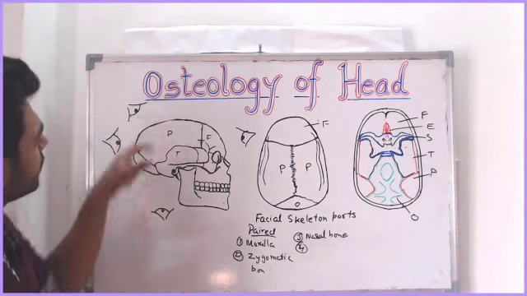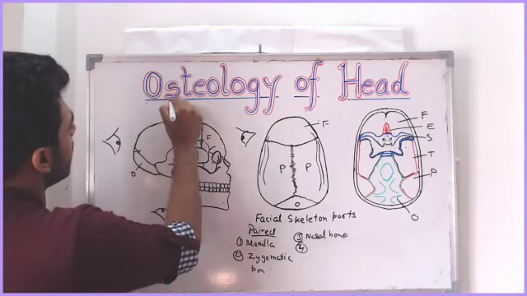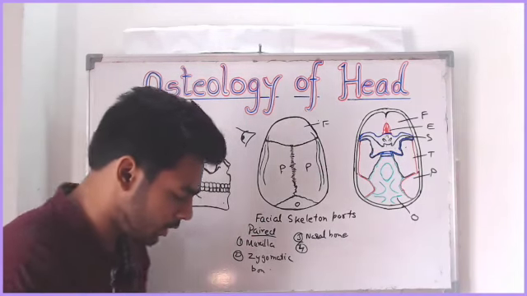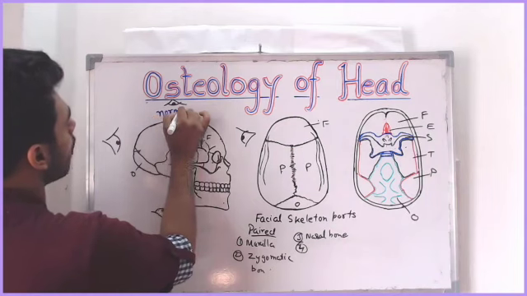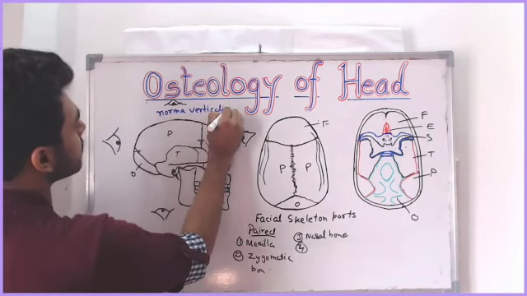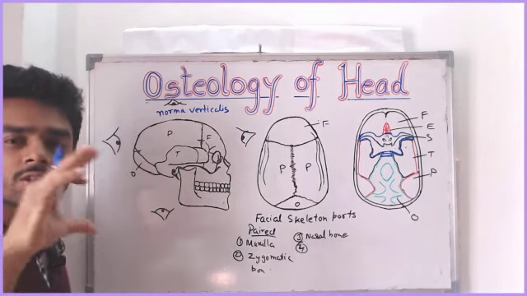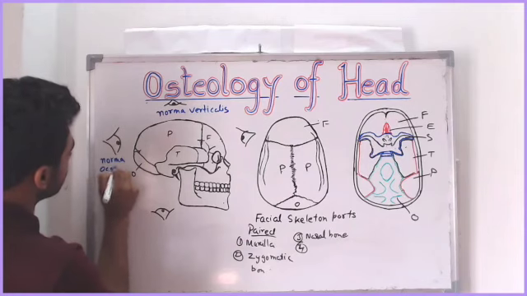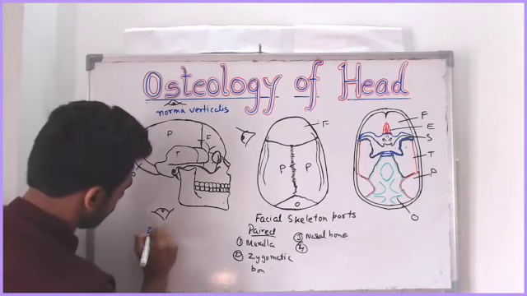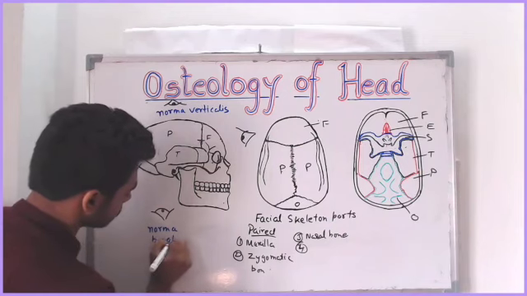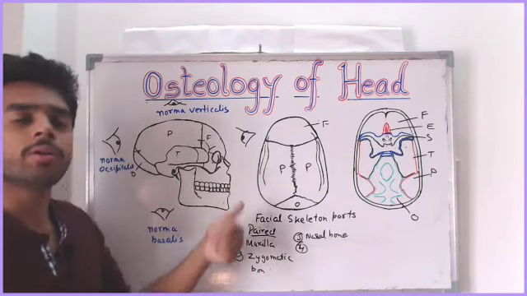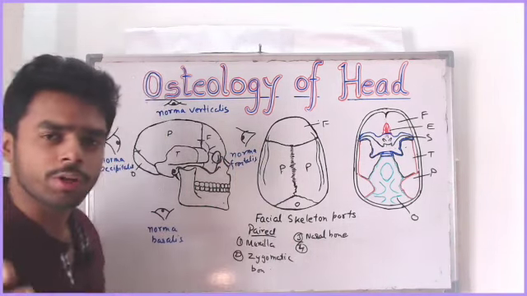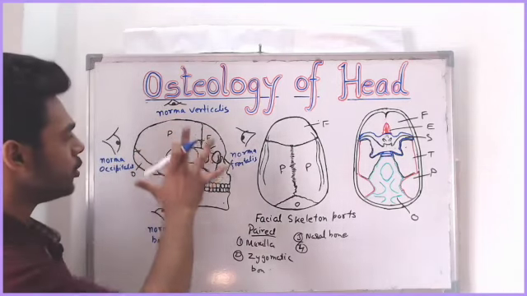When you study from the superior part, you put your eyes here and study. This is the superior aspect and is called norma verticalis. You are studying from the posterior part, that is, you are seeing the posterior aspect. This is norma occipitalis. This is norma basalis. And this is norma frontalis. And the view which you are getting now from here, this is norma lateralis.